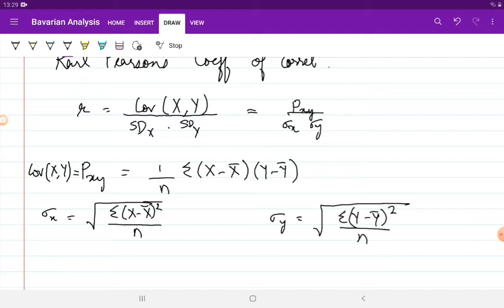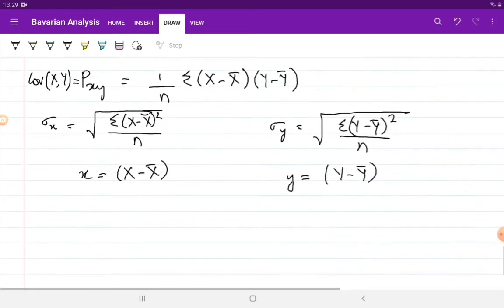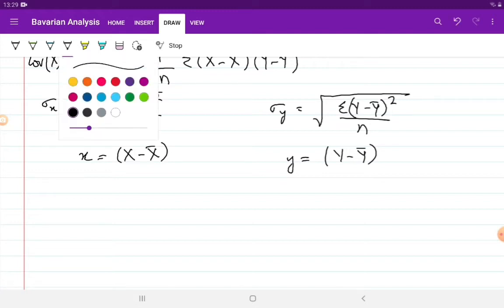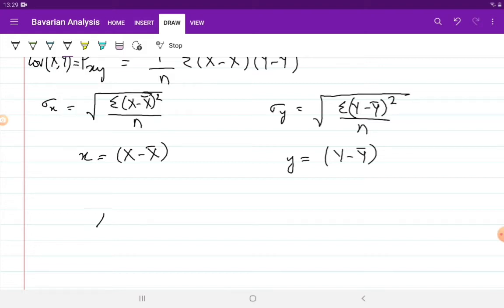Another name for the Karl Pearson's correlation coefficient is the product moment correlation coefficient or linear correlation coefficient. Now, several books use the small letter x to represent deviations from the mean. So small y will represent y minus y bar. If you're using these symbols, you can write your r as